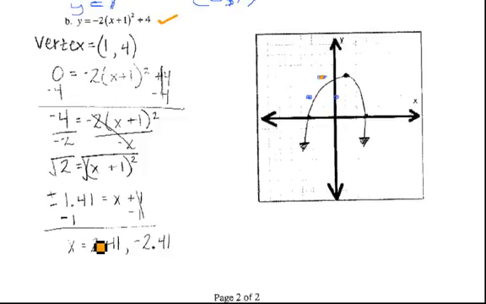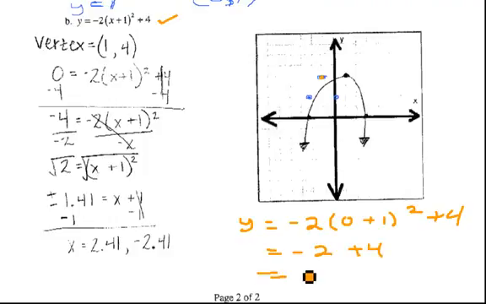Now again, the y-intercept, if I would have made x equal to 0, I would have minus 2 times 0 plus 1 squared plus 4. 0 plus 1 is 1, square that, I get 1, times negative 2 is negative 2 plus 4, and that gives me a 2 here. So that gives me the point 0, 2, which is right here. And by symmetry I get another point